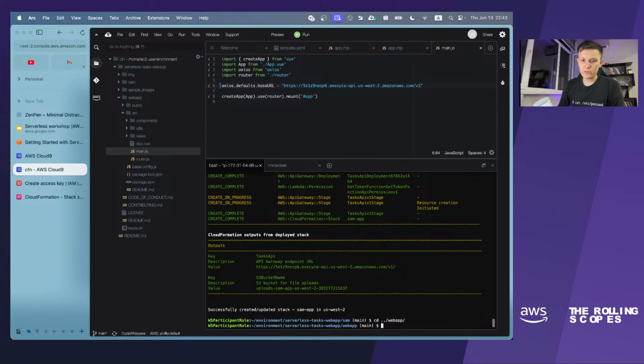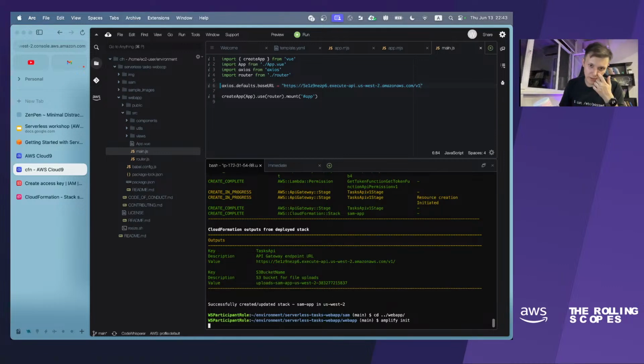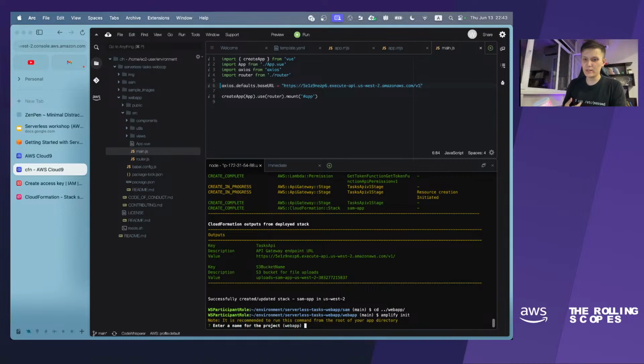So I will go to the web app folder and just run amplify init here, and this command will initialize the Amplify CLI in this application. We have to enter a name for this project, and let me call it tasks frontend.